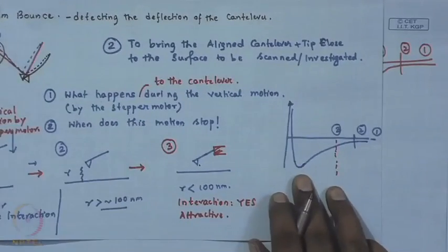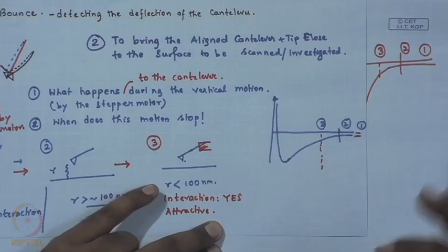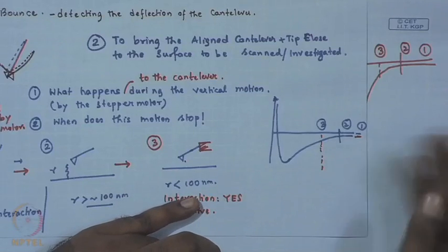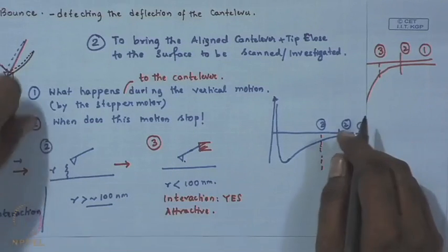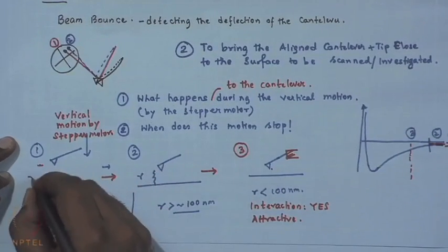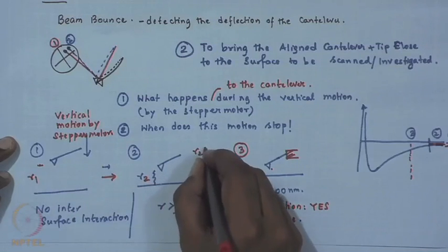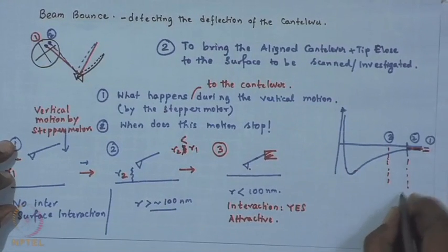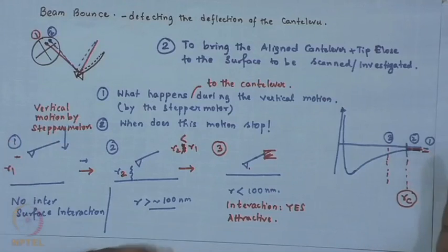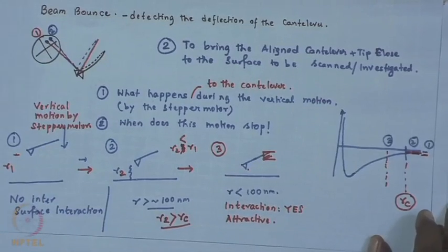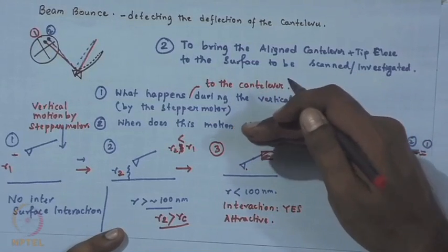So, on the force curve, position 1 where you have aligned is a few millimeters or hundreds of microns away. So, there is absolutely no interaction. You start the vertical motion, and you are still in a regime where there is no interaction. The separation distance goes on reducing. Let us say this was r1, and here this is r2, r2 is less than r1, but still if we mark this as RC, the critical separation distance below which the interaction starts, R2 is still greater than RC. So, there is no interaction, but then as you bring the cantilever closer and closer,